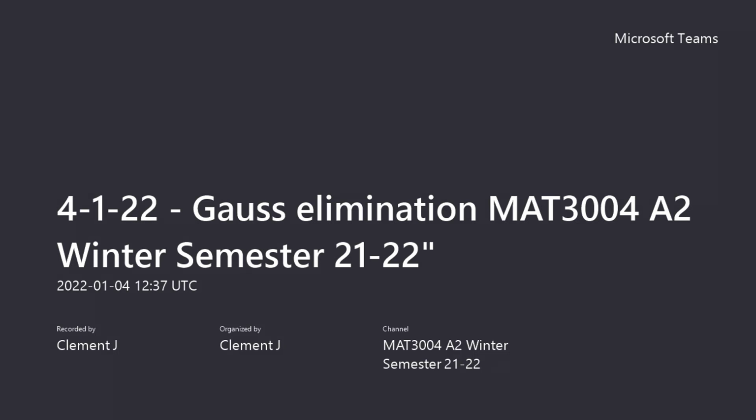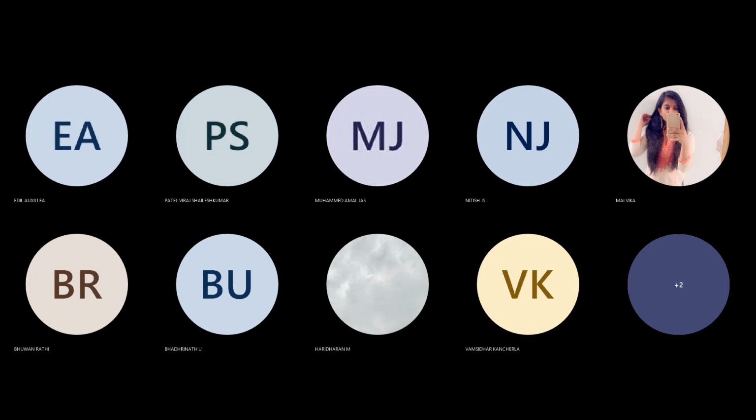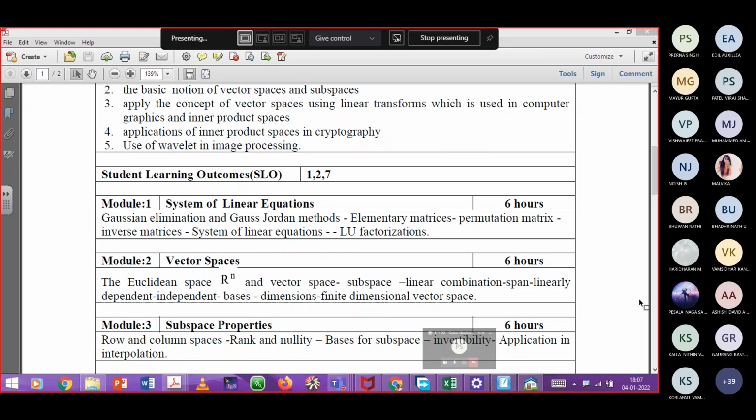So module 1 is related to the system of linear equations. Here, you will be provided multiple linear equations, maybe 3 equations or 4 equations. Each equation may consist of some number of unknowns like x, y, z, or x1, x2, x3. Some kind of variables will be involved in each respective equation.